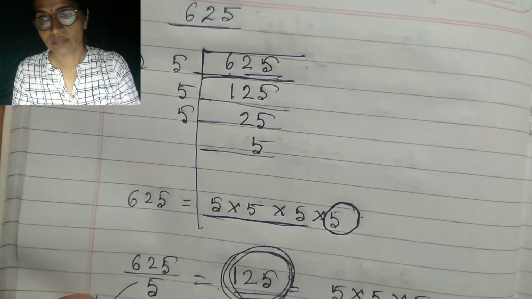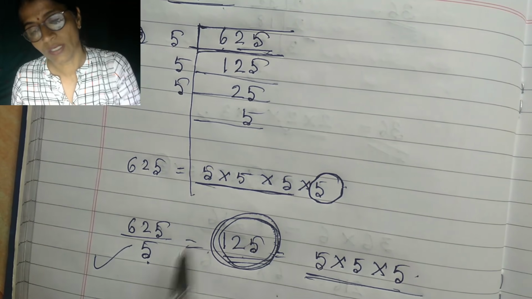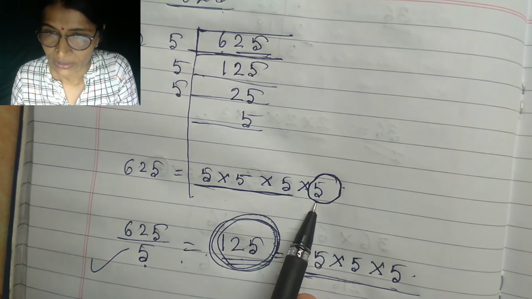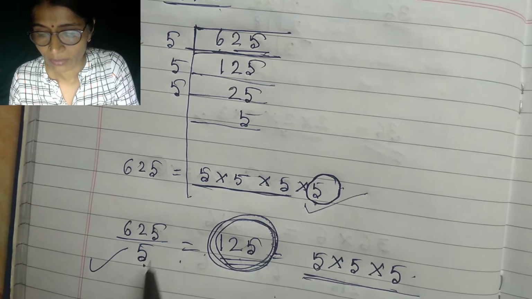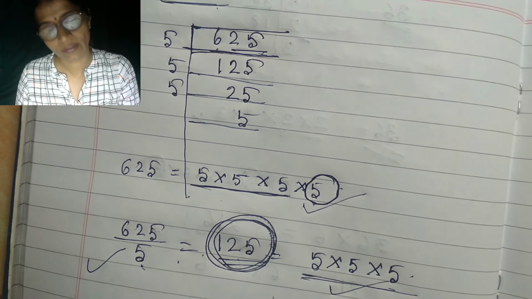And suppose I have to find the number by which to divide so that it will be a perfect cube. Again, I will find the prime factorization. Whatever is extra beyond the triplets, I'll divide the number by that, and then whatever the quotient is will be a perfect cube.